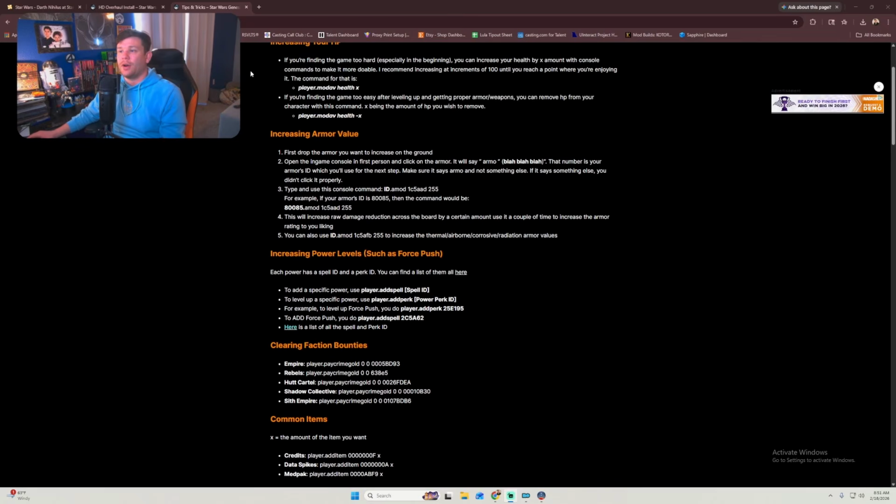So if we want to increase our armor value, first drop the armor you want to the ground, open the in-game console, say armor, blah, blah, blah. That's funny. The number is your armor ID, which you can use for the next step. Make sure it says armor, not anything else. If it says something else, you didn't click it properly. I've had some issues here, so